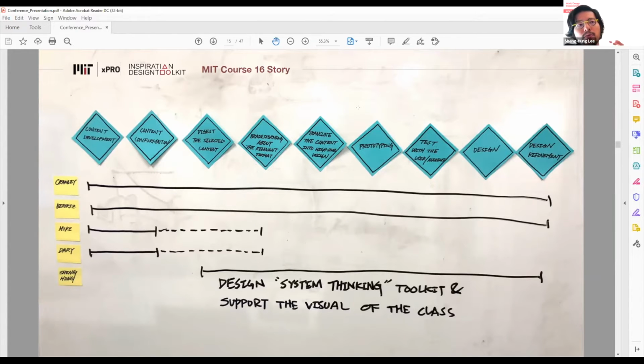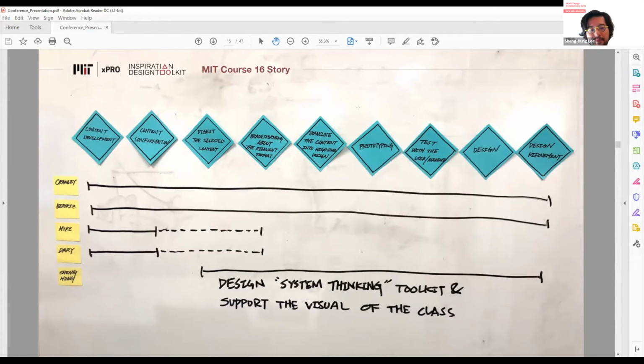And then the program manager from the MIT xPRO online program saw this toolkit and was super excited about it. They thought about how they could diversify the online or offline learning experiences for the participants of this class. That's why I became part of the core team, and not just serving as a TA, but also as a curriculum designer. I also try to emphasize the diversity of our education, not just for design education.